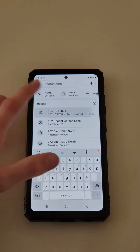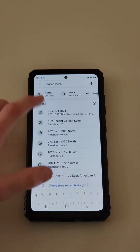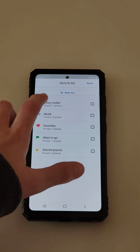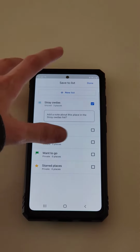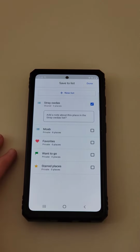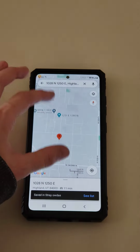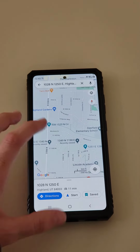And I'm just going to randomly pull up one. Oh, that's already saved. Okay. So, and then you push the save button. And then I have a little spot I call stray horas. And you push that and put a little check mark. And then you can add any notes like they prepaid, they have a U of U, and then you push done. After you do that, it pins them like these two right here,